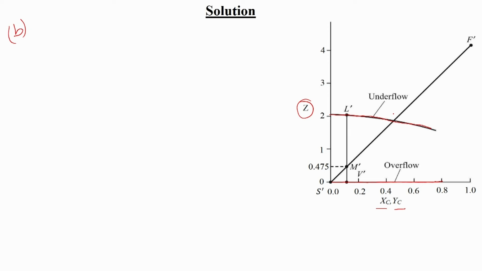And I told you that in the case of the underflow, in most cases the values will be more than 1, since it is mostly the inert material, or exhausted solid, that is there. And this F prime, the feed, has a Z value of more than 1 in that particular case. Now we will do this in terms of a solid free basis, like this F prime will be like this.